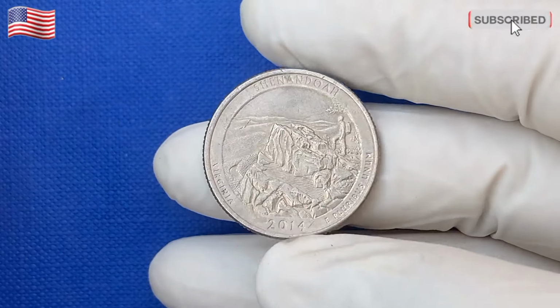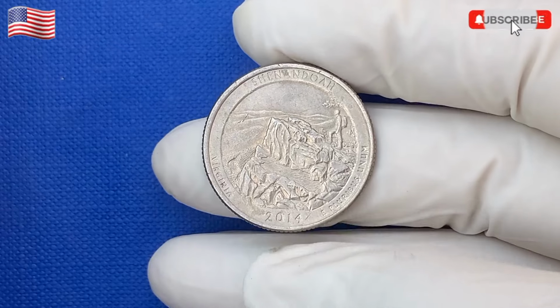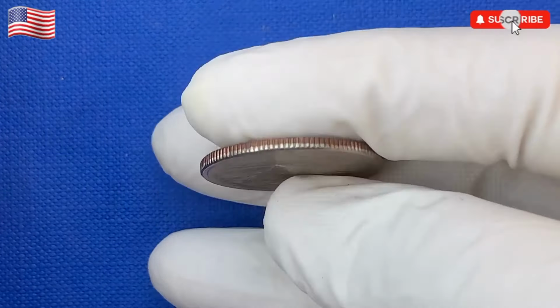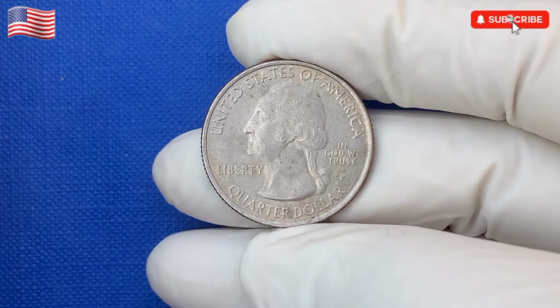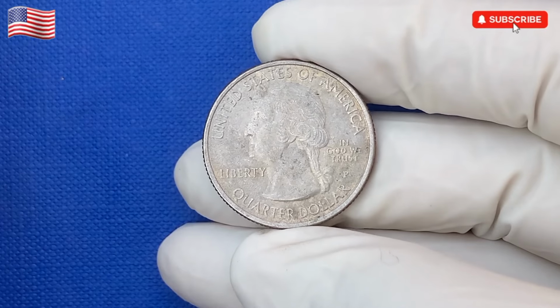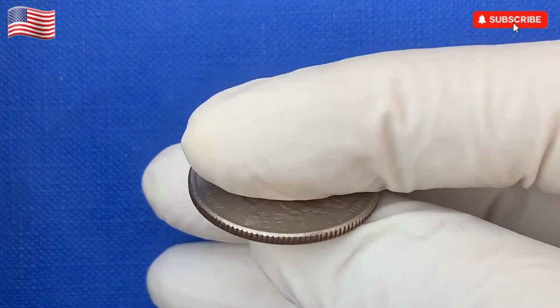The 2014 Washington quarter dollar is one of those coins, and today we'll dive deep into why this coin is worth much more than its face value. So stick with us to the end, because we'll reveal the incredible price this coin can go for. Get ready, it's $60,000. Before we get into the value, let's first take a moment to appreciate the history behind